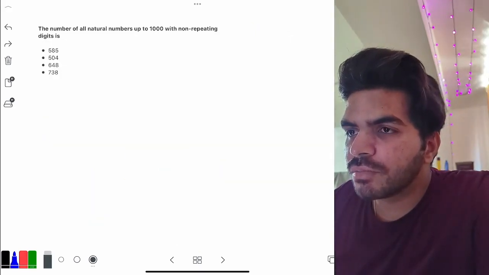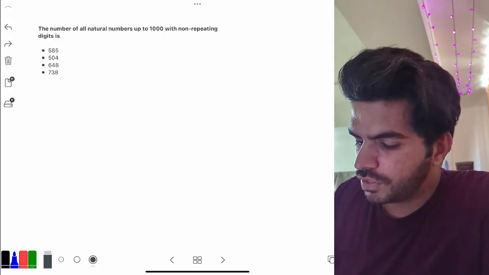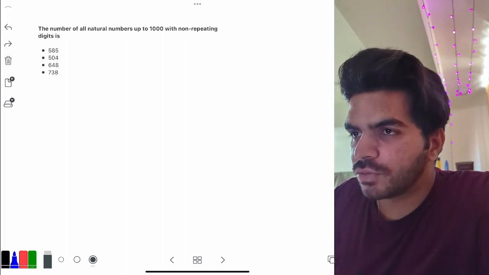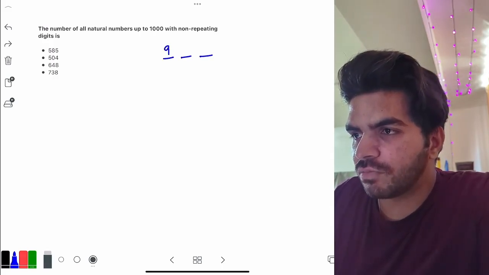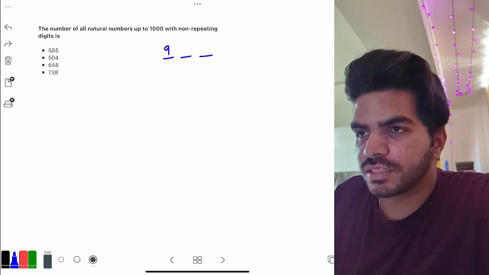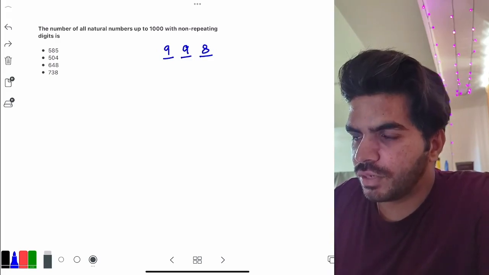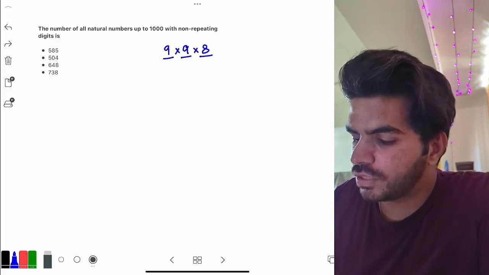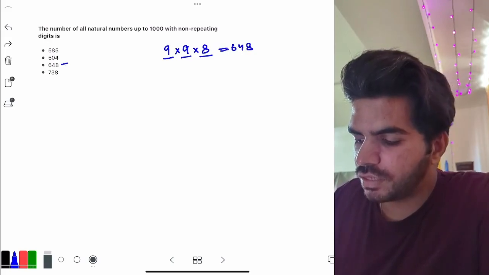Jumping to the next question: the number of all natural numbers up to 1000 with non-repeating digits. 1000 is not included, so we have to find up to all 3-digit numbers. The first digit can't be 0, so we'll have only 9 options, 1 to 9. The second one can have all numbers from 0 to 9, that is 10 options, but one of them can't be used. So again 9 here, and now 8. So 9 into 9 into 8, 81 into 8 will be 648, which can be seen in the answer options, but it's not the answer